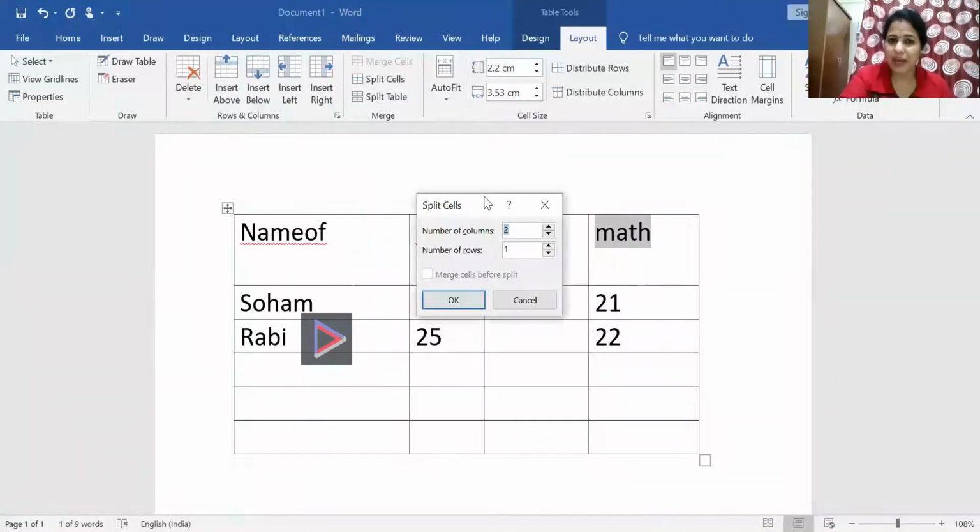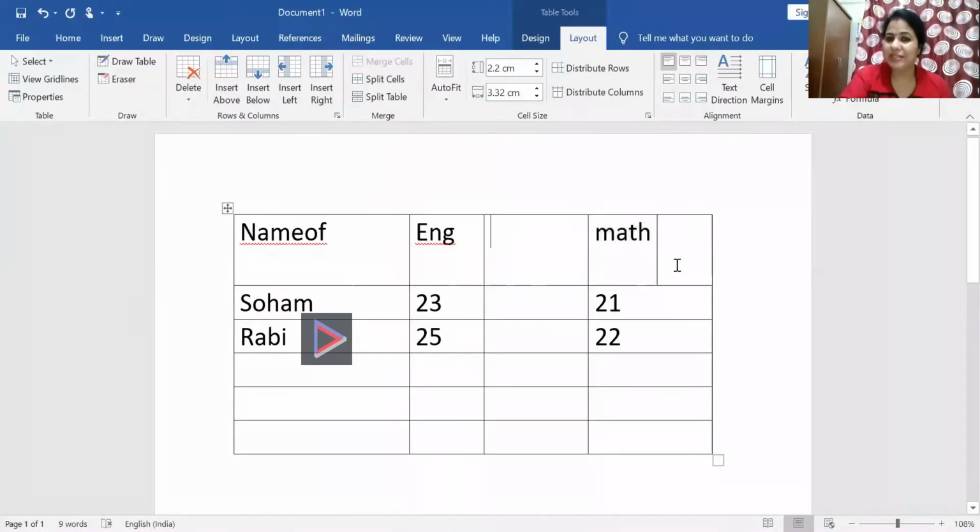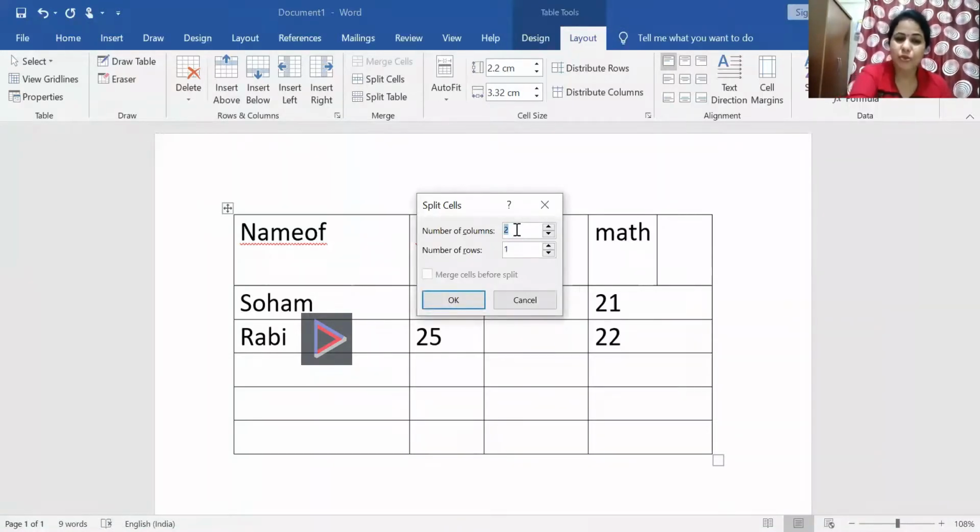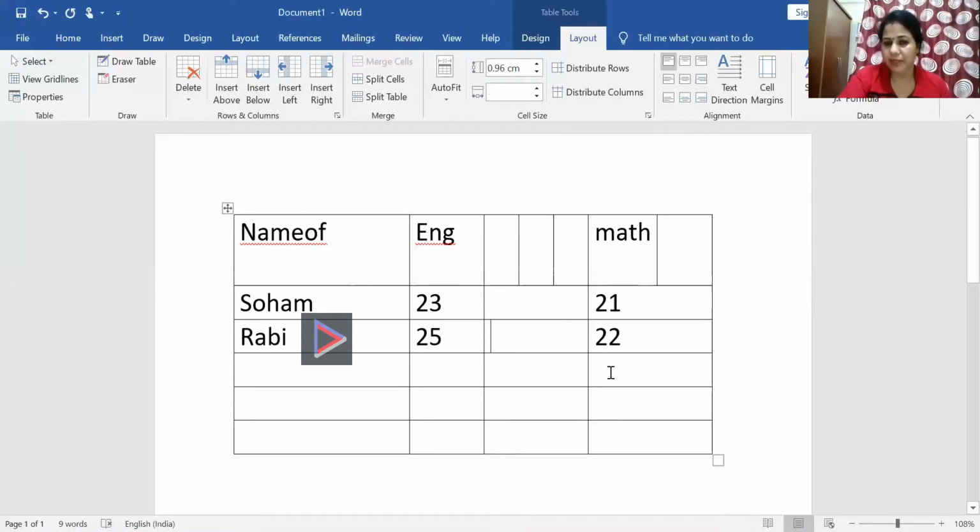You go there, and how many columns do you want? You want 2, then okay. That particular cell is divided into two parts. So if I want to write such a table, where a particular cell has to be divided into two parts, first I select the cell, then I go to table tools, layout, then I choose split cell, number of columns. Suppose I want 3, so I type here 3. Okay, now number of rows 1. So just you look here 3, 1, 2, 3. Now all of you see here this is 1, this is 2, and this is 3.